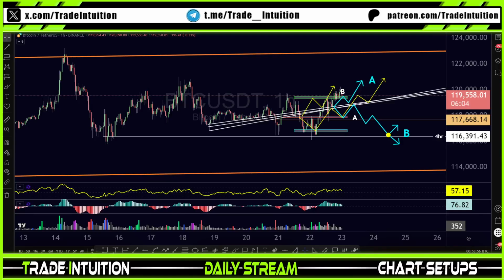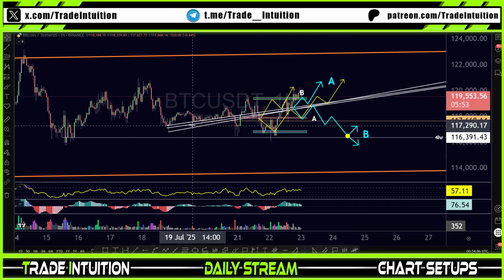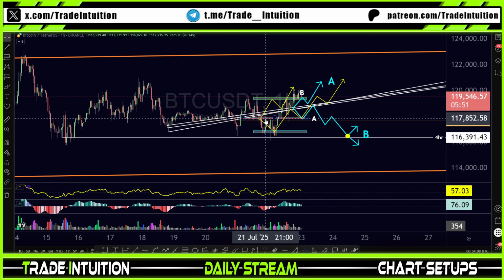This is going to be a Bitcoin update. We're going to go over what already happened as far as our thought process and also identify key levels. So yesterday, price action was down here underneath our trend lines, and we were thinking it would come down here